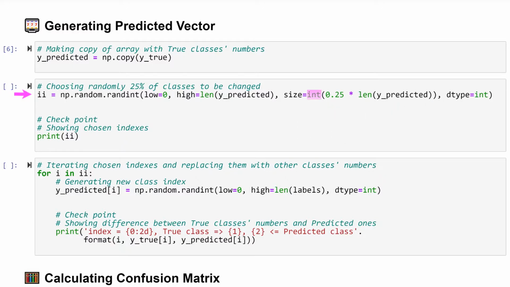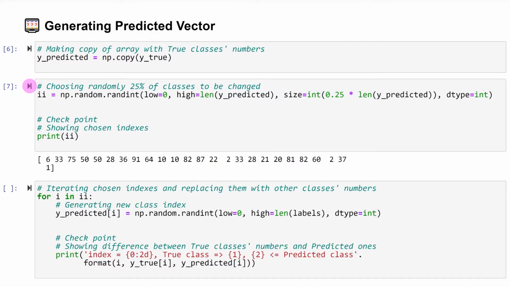We also make the resulted size an integer number in case we get a float value. Let's run this cell. We can see 25 chosen indexes that we are going to use in the next cell. Pay attention, your values here will be different due to the used random function.